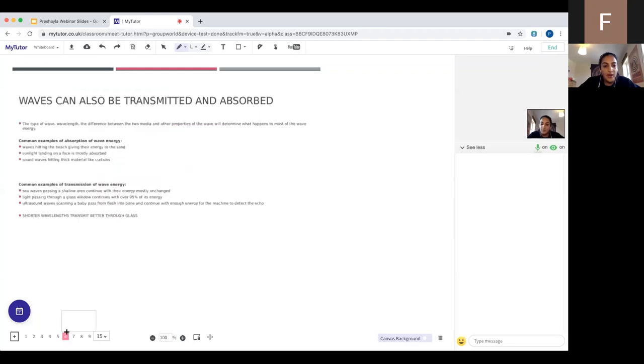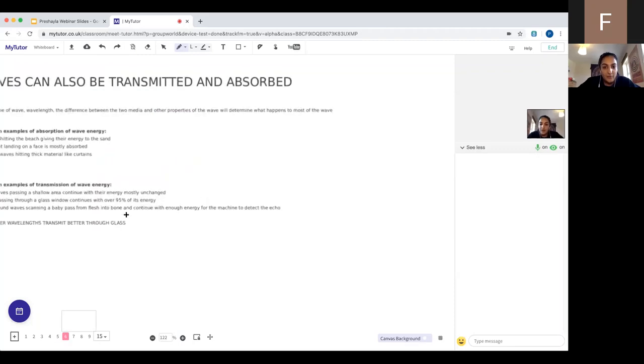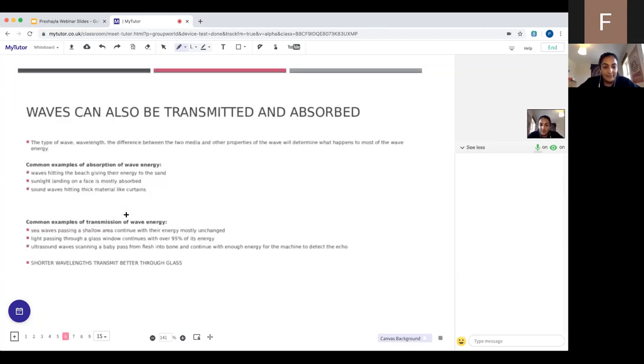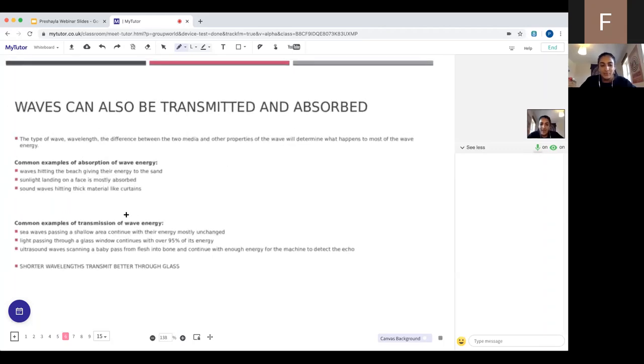So some waves won't be completely reflected, and actually in practice completely reflected waves aren't that common. Sometimes our rays are going to be absorbed or just go straight through the medium. Okay, so